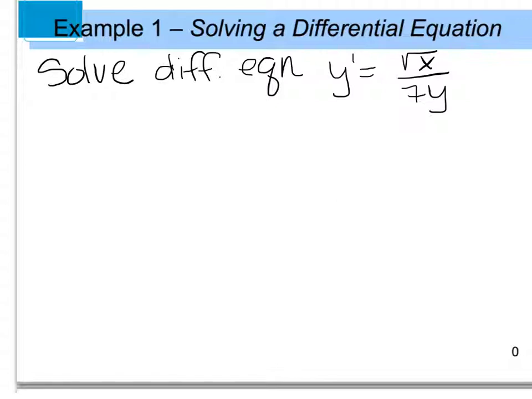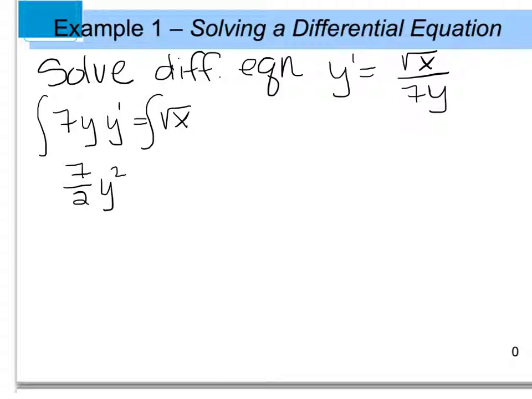So to do that, I'm going to multiply by this 7y so that I can cancel that out of the denominator. When I do that, I get 7y times y prime is equal to the square root of x. Now, to get rid of my y prime, I'm going to integrate each side. And when I integrate 7y times y prime, I'm going to get 7/2 y squared